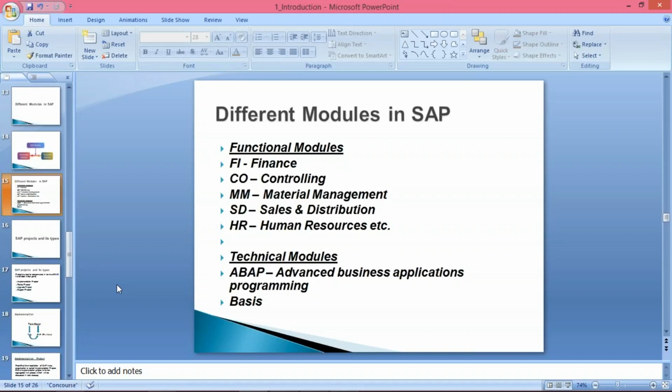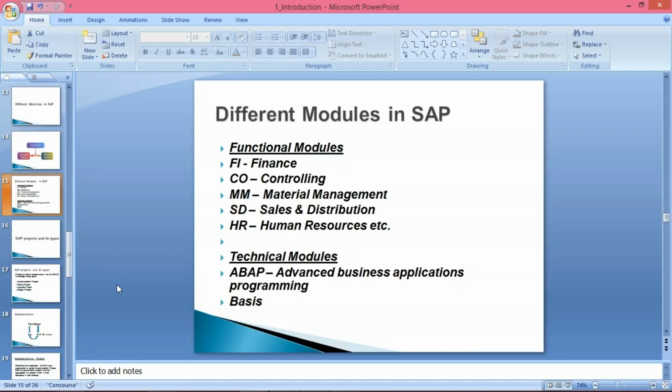So guys, this is a kind of introduction which I have given about SAP. Now let's suppose once you become an SAP consultant, then what will happen? Once you become an SAP consultant, you are going to be assigned certain activities, certain tasks. It means you have to perform those things. Now, what are those tasks or activities? Whatever activities or tasks are assigned, that is called a project. It means you are going to be part of a project.